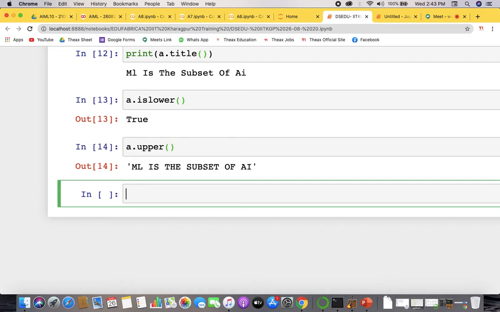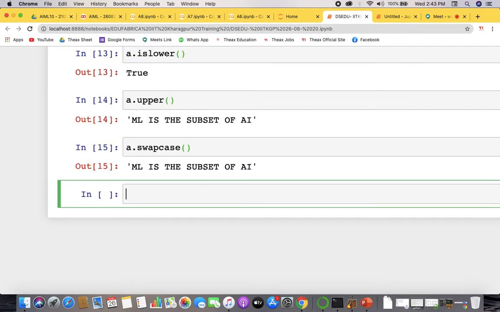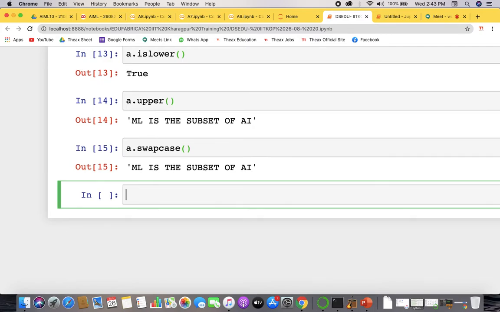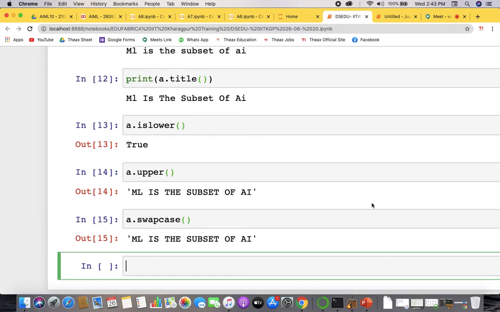Okay. So these are the common basic operations everyone does. Now there is something called swap case. What happens in swap case? The name itself suggests that you will be swapping the cases. That is, the lower will become upper and the upper will become lower. The cases will be swapped. You run this, and it is fine. Okay, correct. So everything is in lowercase, right? So we are getting everything in uppercase.